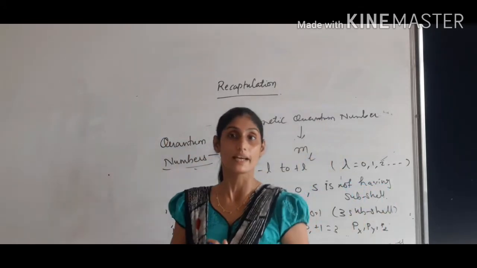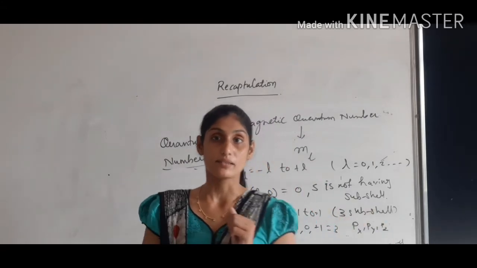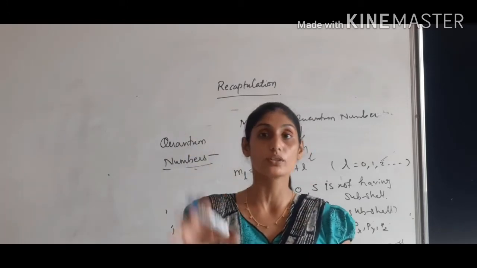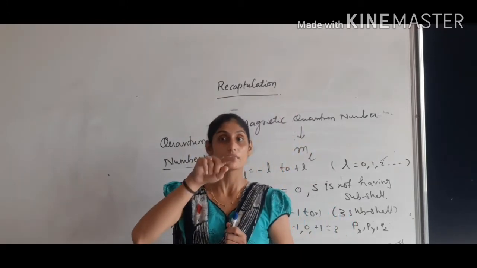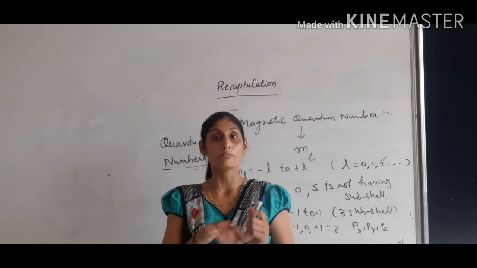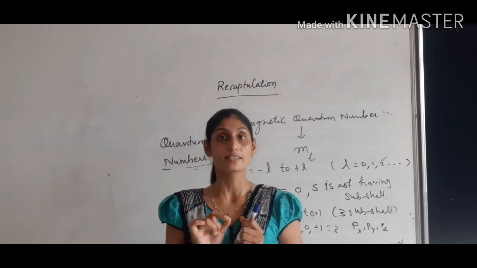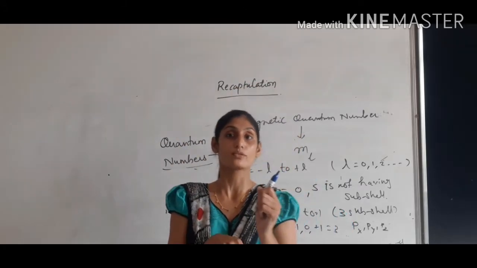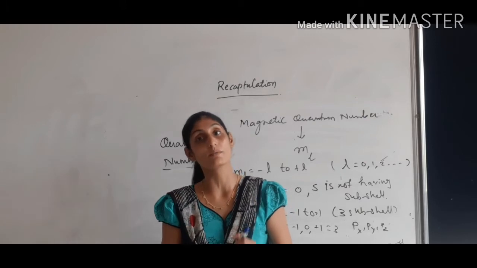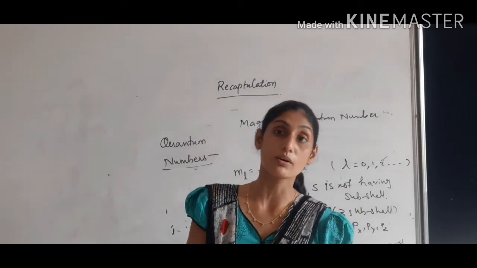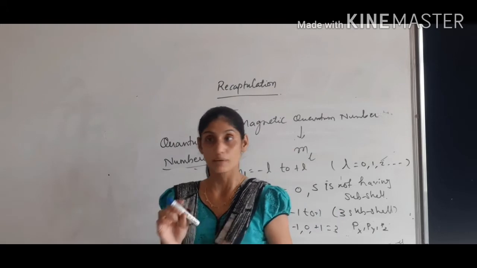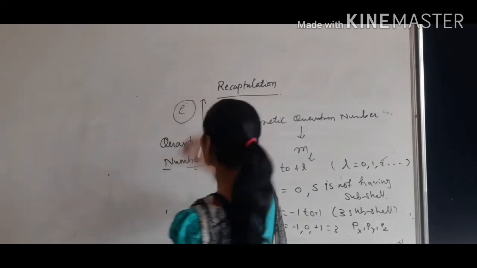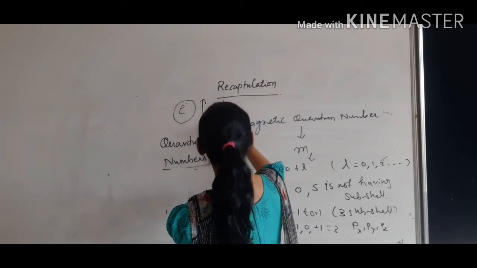Spin quantum number is denoted by ms. Now what does it say? It says about the electron. When we observe the clock, whatever the particular numbers, digits you are seeing at a time, you are seeing the time in the clockwise manner. Clock is always running from right to left, not left to right. So when we talk about spin quantum number, it tells us about the orientation of the electrons. The electrons are either moving in the upspin or they are moving in the downspin.